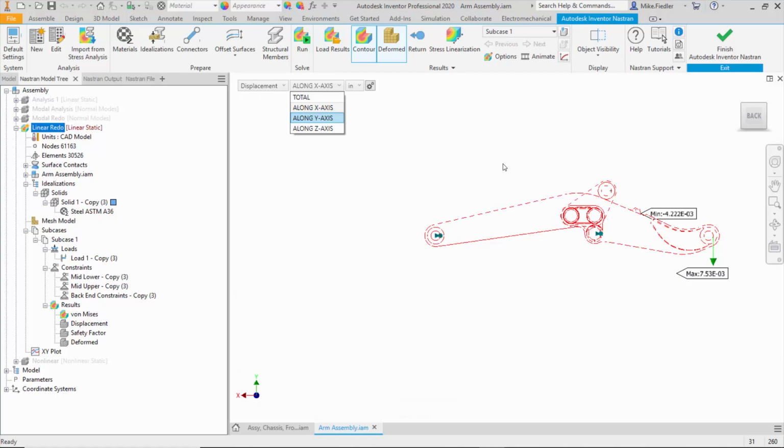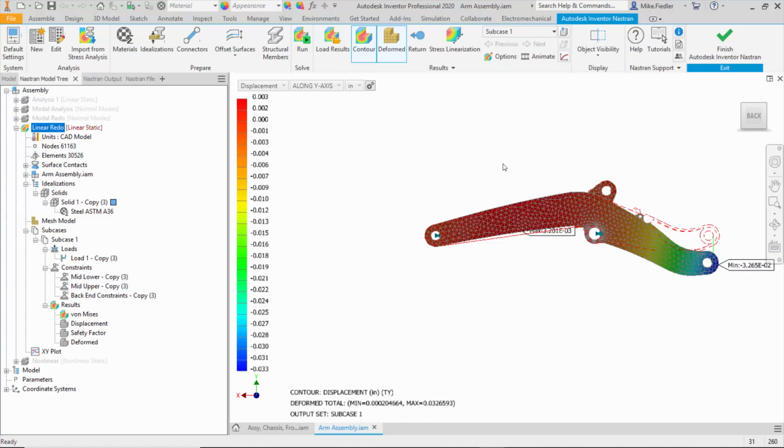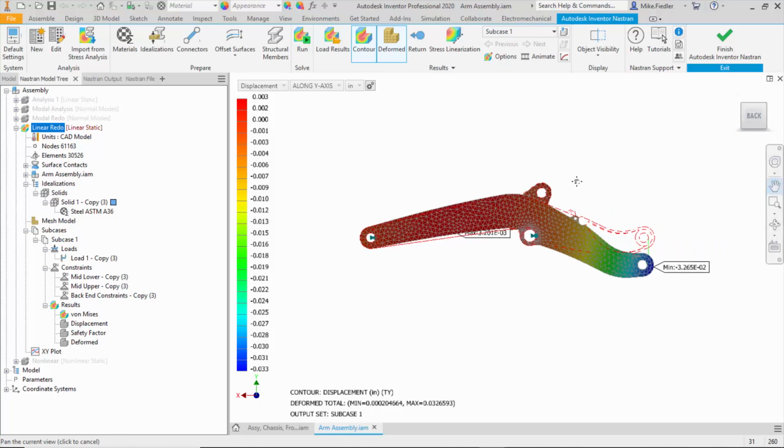Of course, if you have something like just a bar, and you add constraints at one end and a tensile load at the other, I wouldn't expect to see both positive and negative values along the axis of that bar, right? So, just taking a look at the y direction, again, we can see that along the back end of it, given the pin constraints allowing the rotation that we have, the back end of the arms move in a positive y direction, and then where we have the load, we can see that we have a minus y direction displacement. So in this model, that doesn't matter too much. I just wanted to show you that you can look at